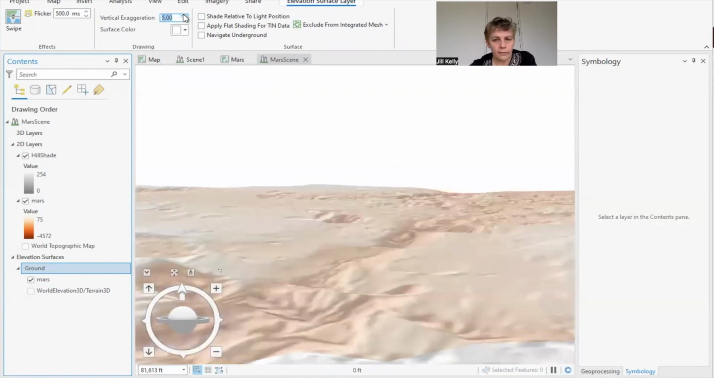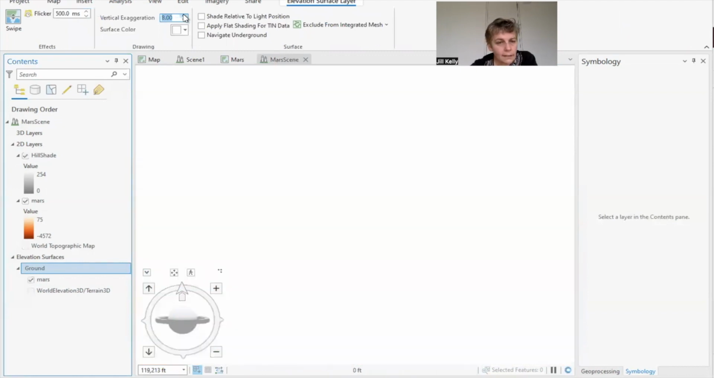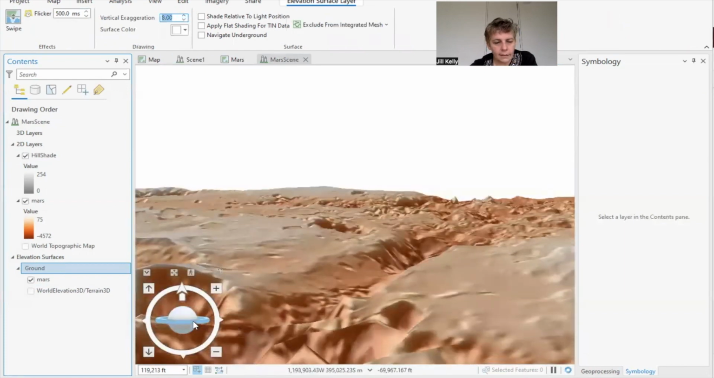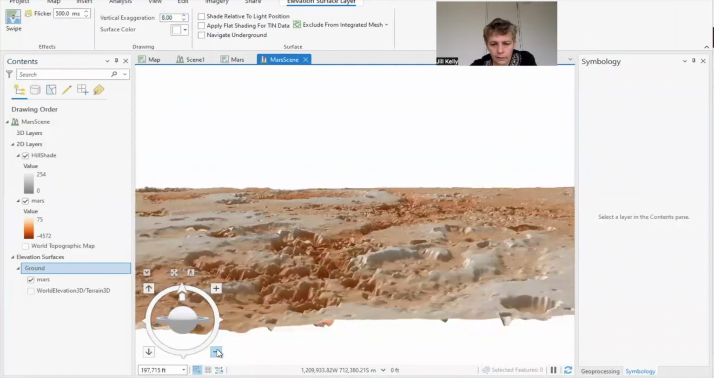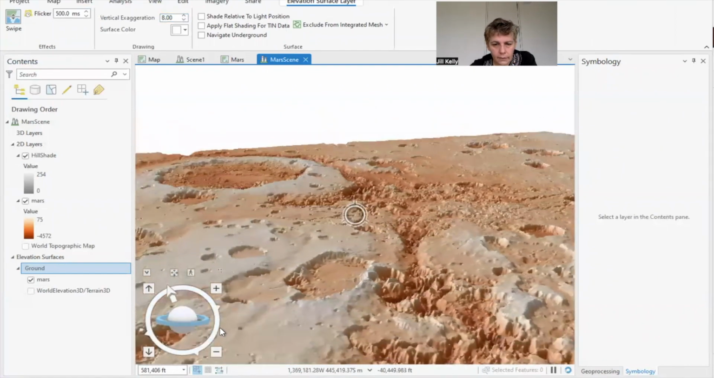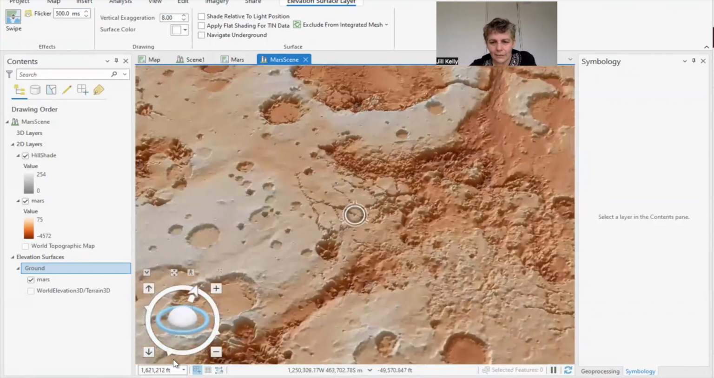Let's try 5. And it'll just make the mountains higher and the valleys lower. I think the last time I did this, I settled on 8 as a nice level to show the contrast in 3D. It's almost like a video game. Let's go. I want to go visit